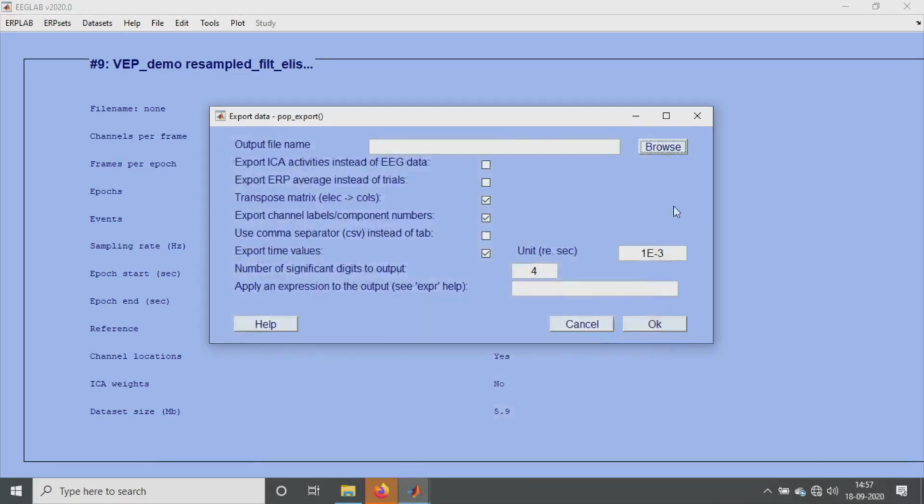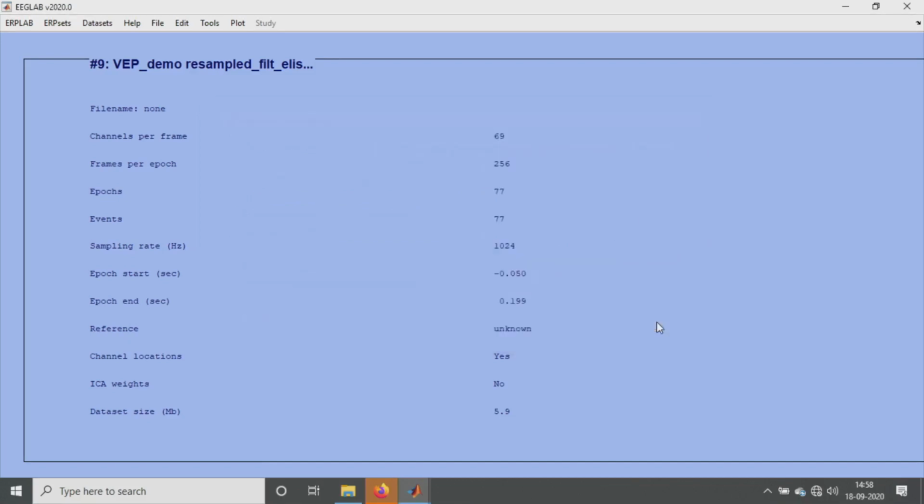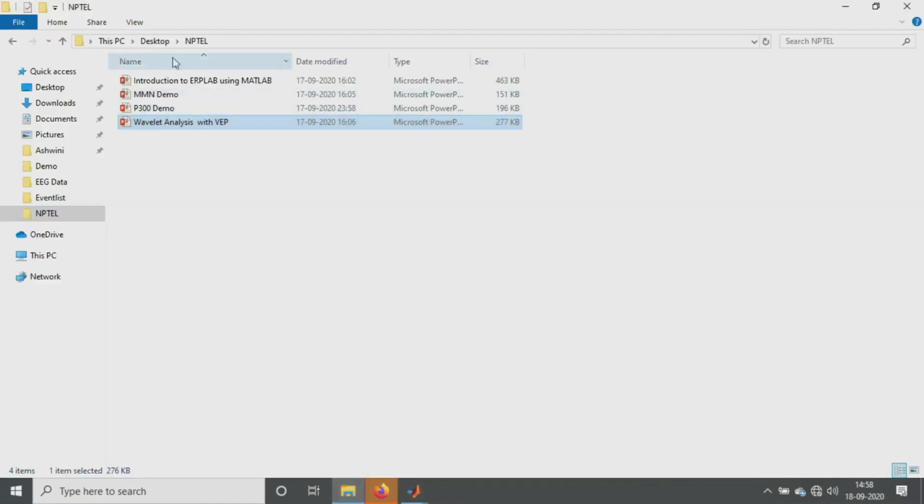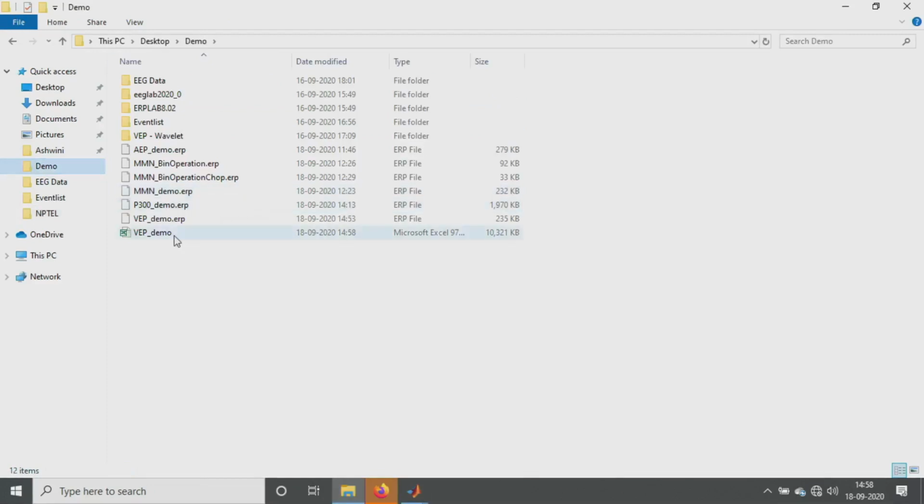We can choose how many data points and how many decimal places you want, everything you can take. You can do the transfers, everything that also can be done. So I just save it. As we save, we will have the VEP saved in Excel. This is the exported data now.